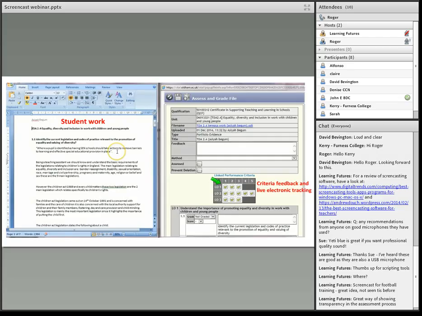So if you're interested, that's something we can provide more information on. But again, you can see the three different ways that we're starting to use the screencasting. One in terms of pure demonstrations. One in terms of being interactive, perhaps even demonstrating learners' work. And then the next aspect, providing detailed assessment feedback to people.